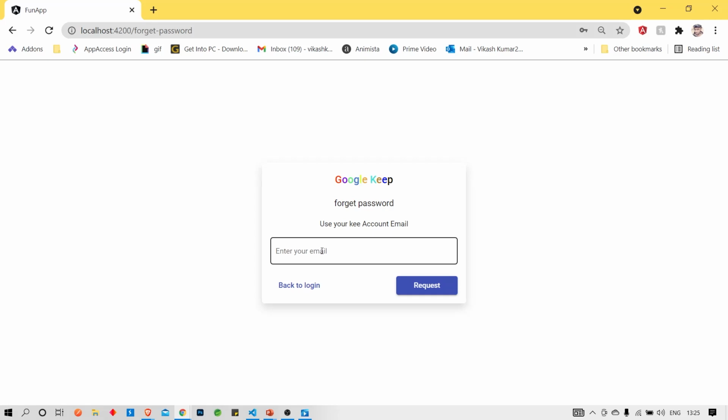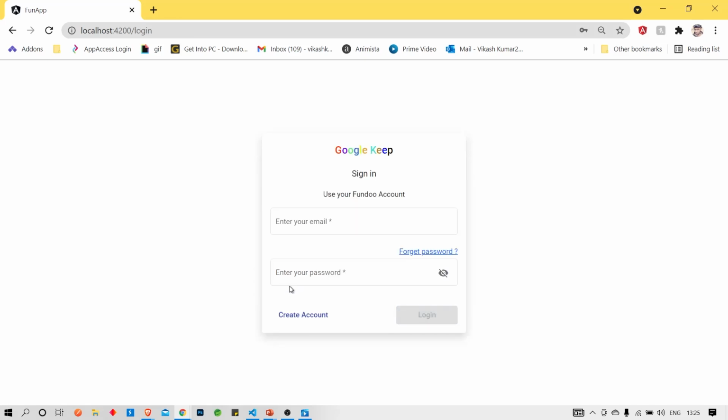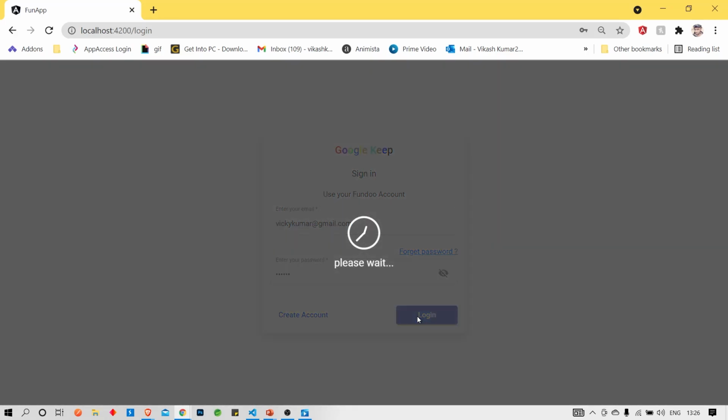As of now I have not given a valid email, so we can't reset the password. So as of now I will skip that part. You can try that one if you get the source code. So I will try to log in again.